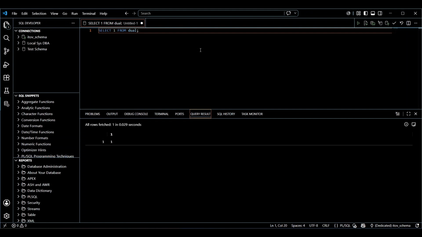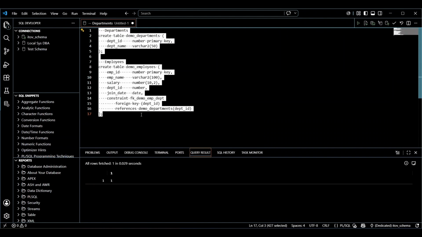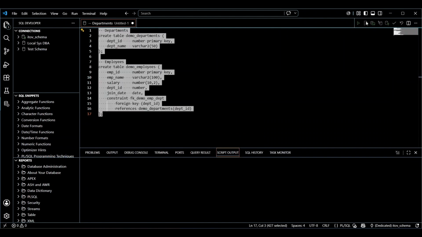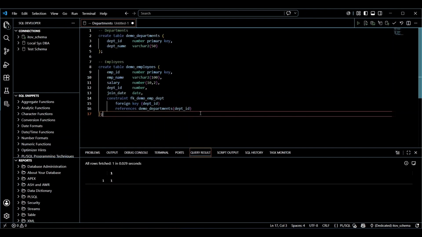Now let me get started by creating a particular table. I have the DDLs ready, and let me execute it. I can just run it as a script. The tables have been created, and when I run it as a script, you would be able to see that the output would be present in the script output. And if it is a DQL, so if I run a select statement, the output would be present in the query result. That is one another thing that would be helpful. And once I execute it,